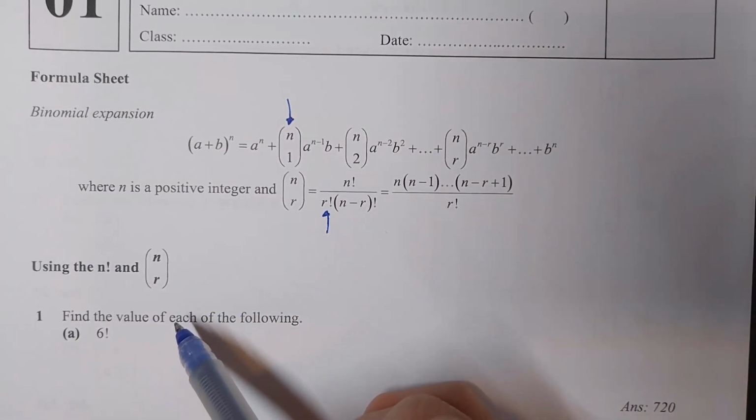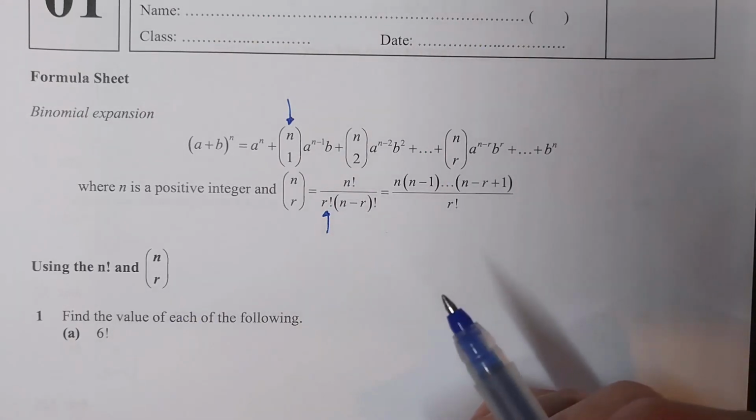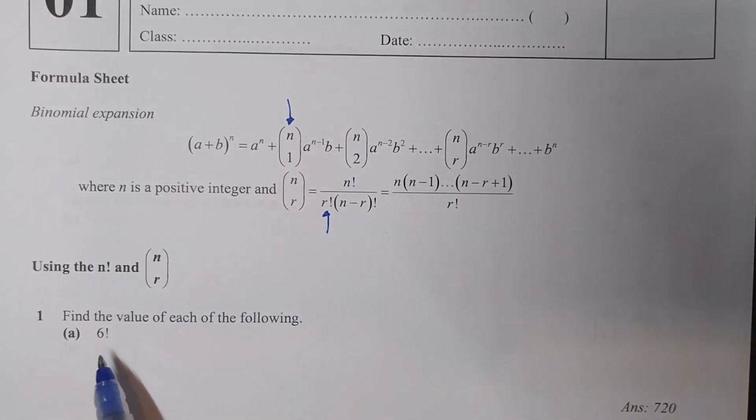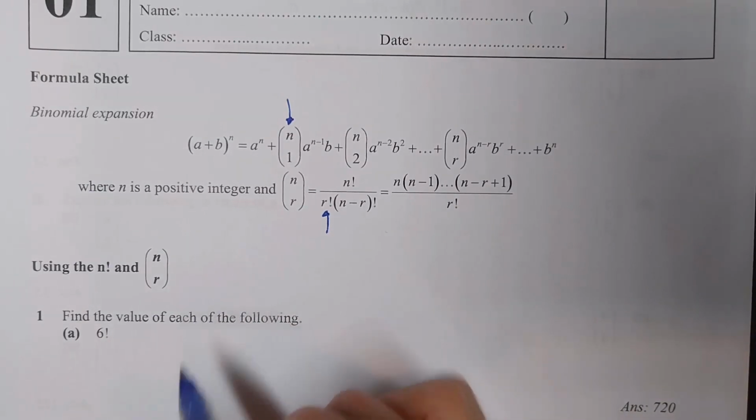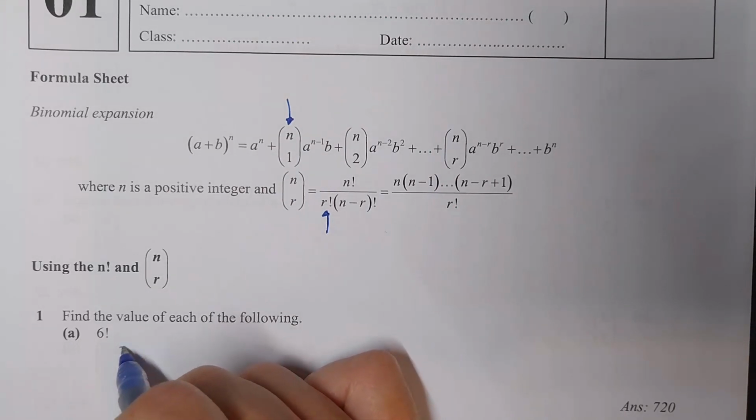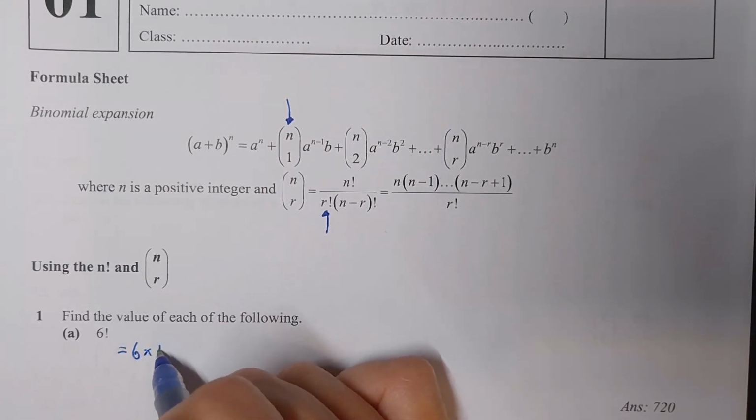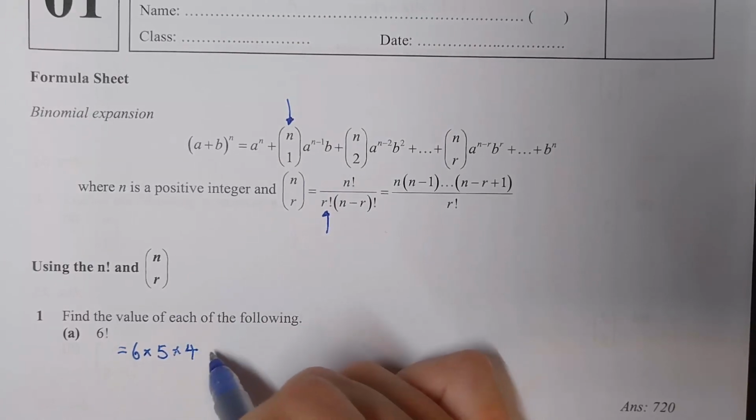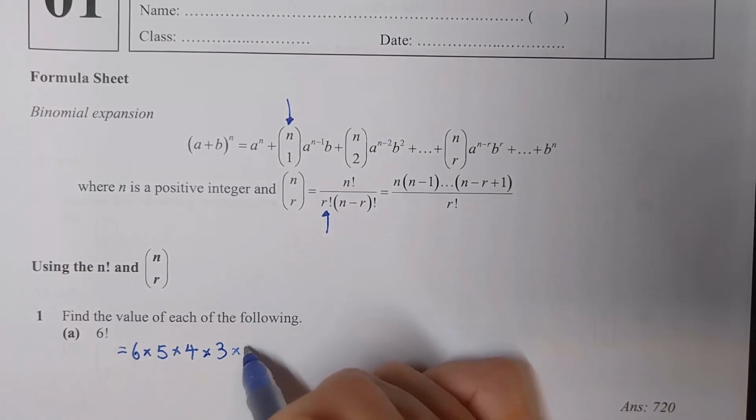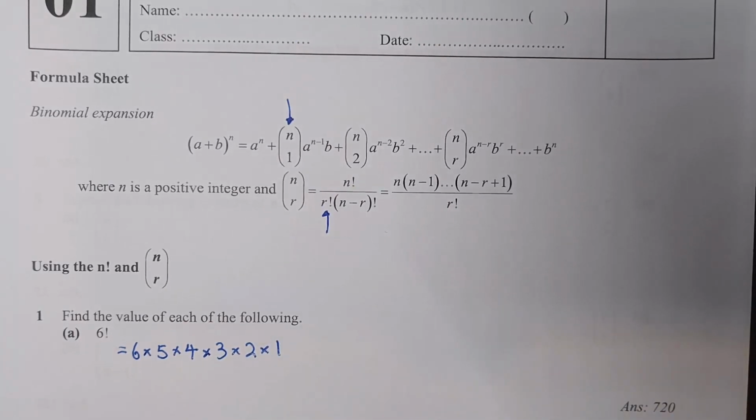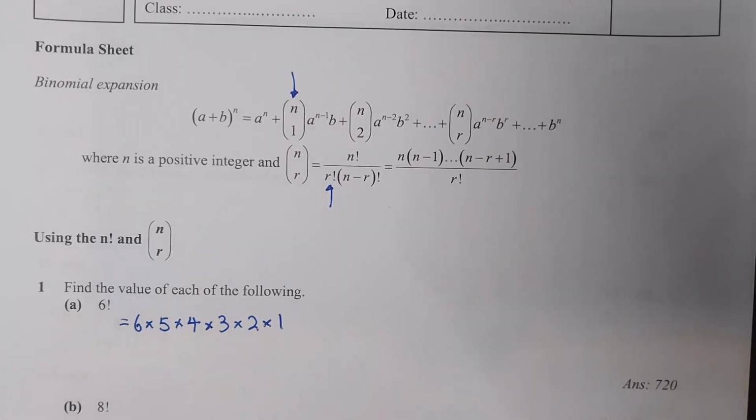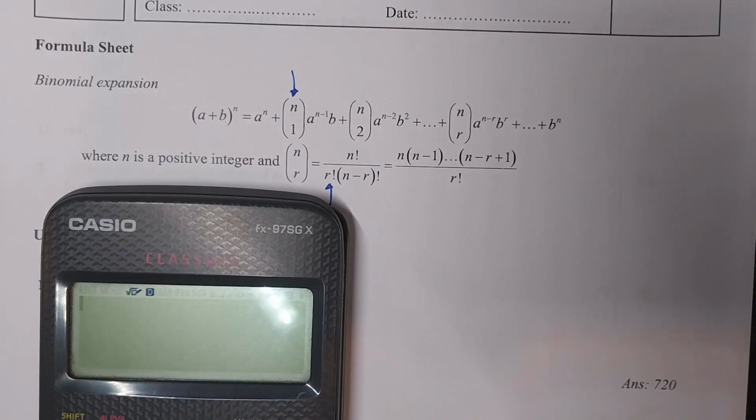First, we are asked to find the value of 6 factorial. So the meaning of 6 factorial is actually 6 multiplied by the consecutive numbers until you reach 1. So 6 factorial would be 6 multiplied by 5 multiplied by 4, and you keep multiplying consecutive numbers until you reach 1. So the value of 6 factorial will be equal to 6, 5, 4, 3, 2, 1, and when you multiply them together, you get